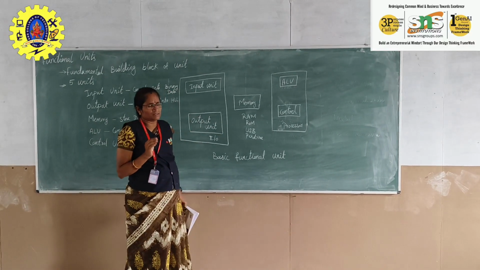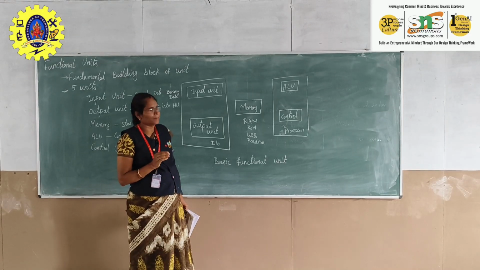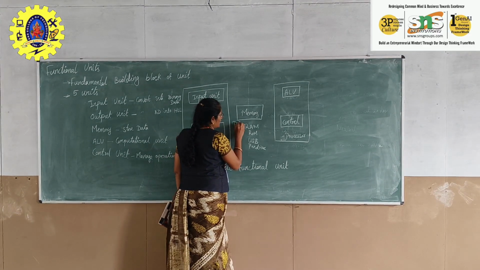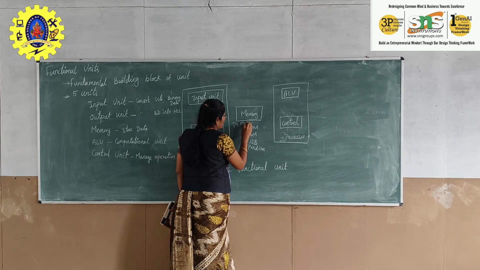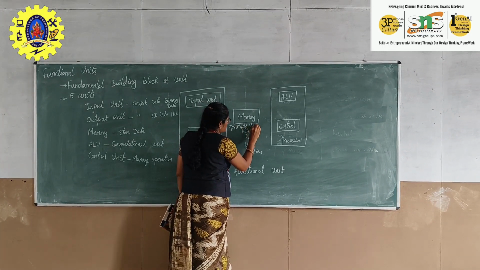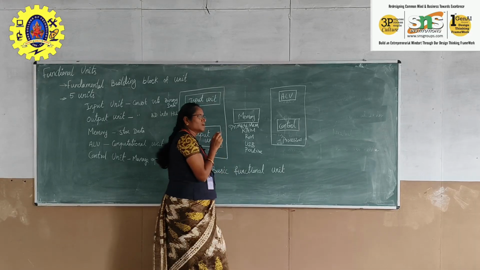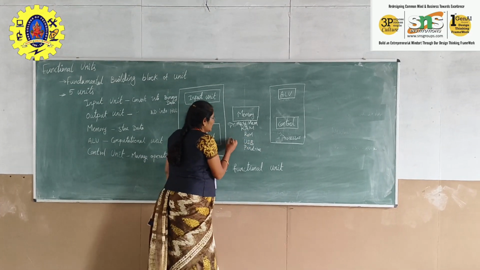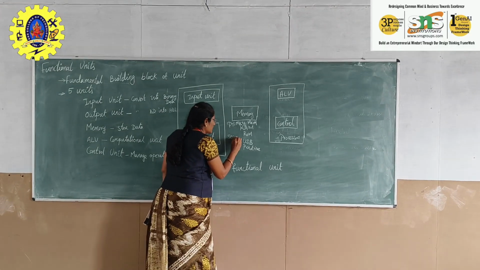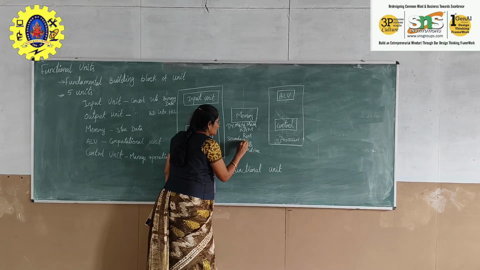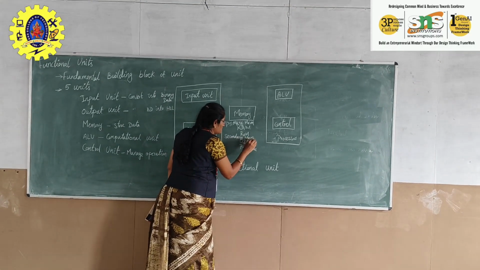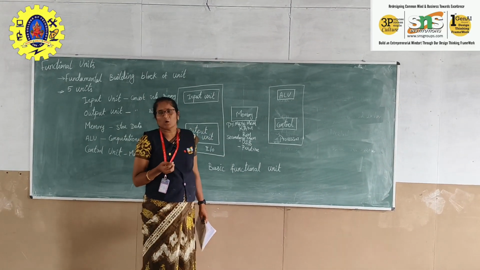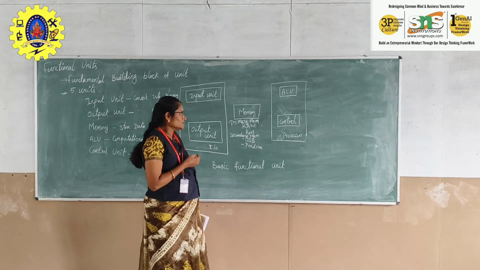The memory unit is basically used to store the data. In this, we have two types of memory, primary memory and secondary memory. The primary memory is the memory available in the processor, RAM and ROM. The secondary storage or secondary memory is USB and pen drive, and we may also call a hard disk secondary memory.